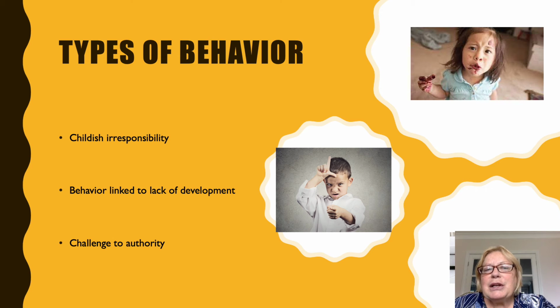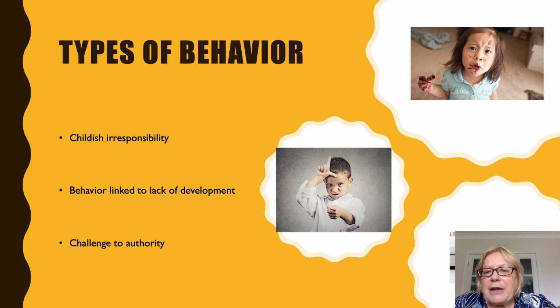And in the course, we learn to put the behaviour into different groups. So sometimes the behaviour will be because of childish irresponsibility. They knock the cup over at the table every time. They knock the cup over again. That's just irresponsible. They don't think about where the cup is on the table.